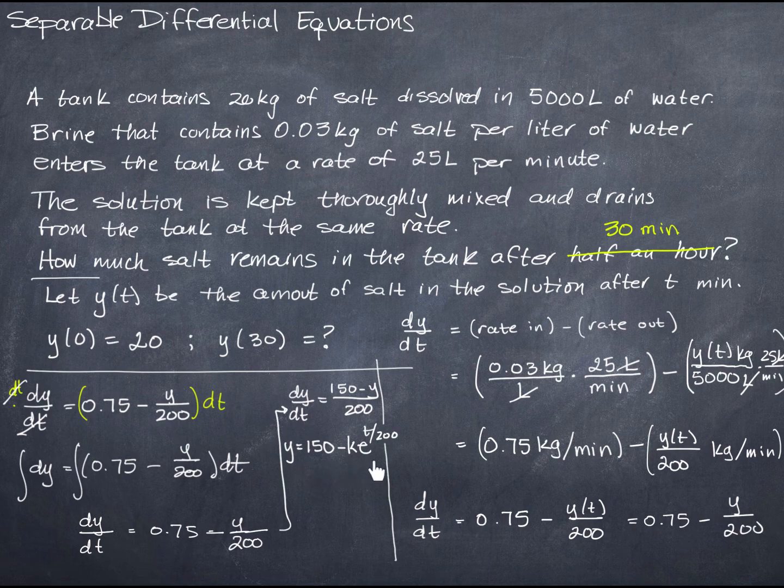Okay, here's my final general solution. y equals 150 minus some constant, I've called it k, times e to the t over 200. The thing is, we know what y is when t is 0, right? We figured that out down here. At t equals 0, y is the amount of salt in the solution. So at time 0, it's 20. So I can plug in 20 for y